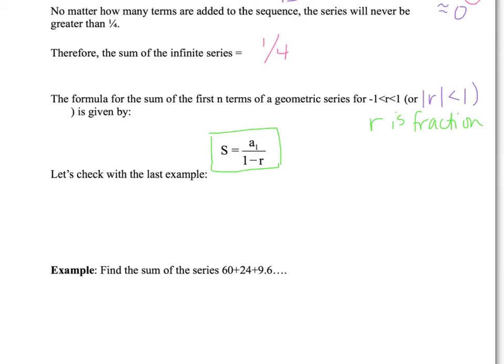If we look at the example we were just given, the first term was 1/5, and we decided r was also 1/5, so we had 1 minus 1/5. If I simplify this out, this is 1/5 over 4/5. Using my fractions, this 5 comes down here, this 5 comes up there. I get 5 on the numerator and 20 on the denominator, and when I reduce that, I get 1/4. So you see I end up with the same sum there